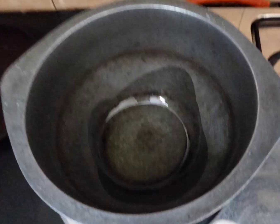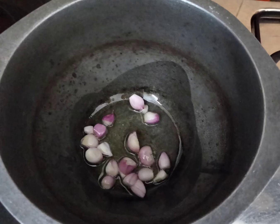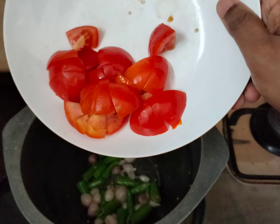On the stove, heat the kadai, pour 7 to 8 teaspoons of oil, add chopped small onions, allow it to cook, add green chilies, saute it nicely, then add chopped tomatoes,